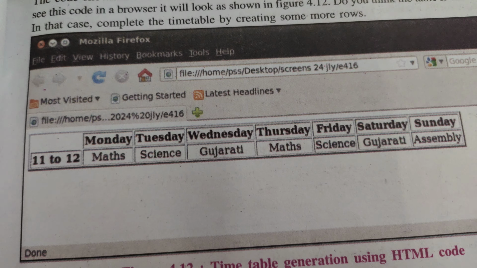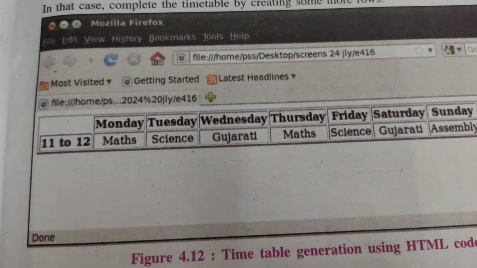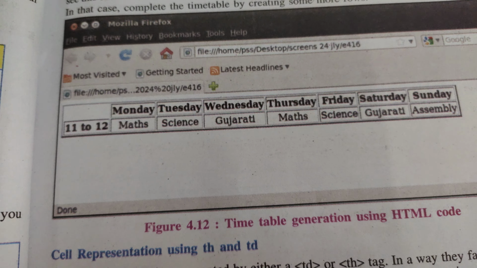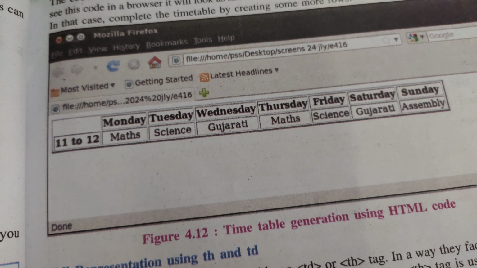Such a table will be defined, and the output will be given by the computer in HTML with the valign attribute. See, Monday Maths, Tuesday Science, Wednesday Gujarati, Thursday Maths, Friday Science, Saturday Gujarati and Sunday Assembly. From 11 to 12. This is the timing for your table.